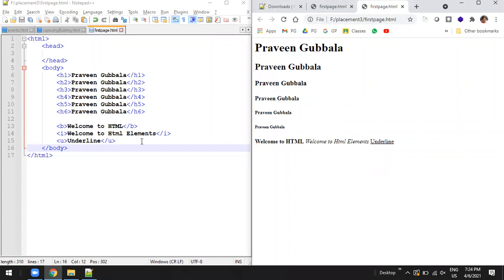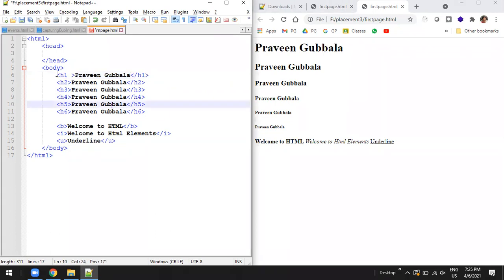Okay, next. After this concept, we have to understand the next level of presentation, that is called attributes. Every element can have different attributes. What are attributes? Attributes are special strings which can be provided in the element, especially in the starting element.